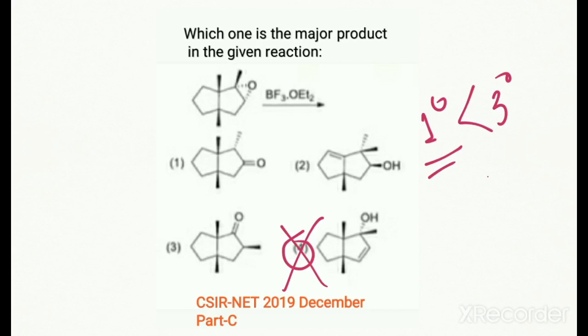So guys, now we can see option number 3. In option number 3, the positions of the methyl and the double bond O will be replaced, but that is not possible. And in option number 2, the carbon number increased, but the carbon number cannot be increased in this reaction because there are no other carbon sources. So therefore option number 2 is also not possible. So option number 1 is representing the correct geometry and the stereochemistry of the product, and hence option number 1 is the correct answer. So guys, hope you understand this mechanism.